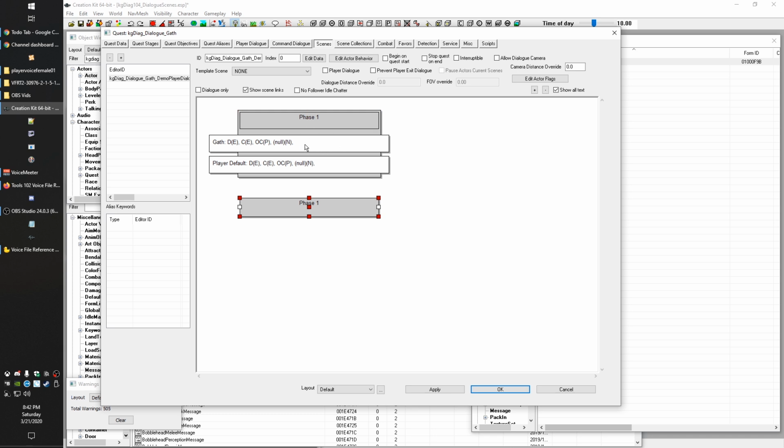Phases basically are just chunks of the conversation. So one chunk might be the NPC greeting you and saying, hey, how's it going? Then the next phase might be you getting a chance to respond. So it's basically just a way of thinking about chunking out the conversation into, one person speaks,